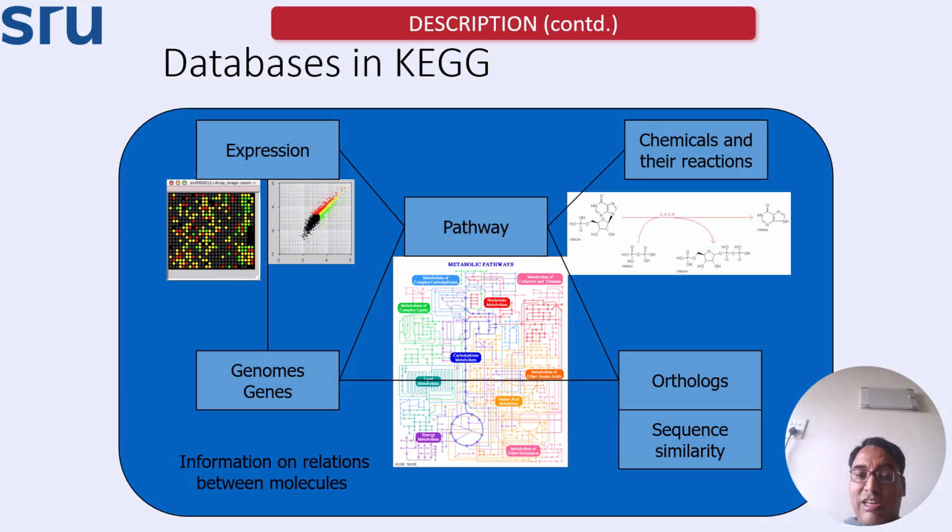The expression data, genomes and the genes, all the pathways are there. Putting all this expression and the genomes and genes together in a single table for the connected pathways and linking up the chemicals and the reactions using the orthologs and the sequence similarity part, extending each and every part everywhere, and that too with logical networks. Okay,